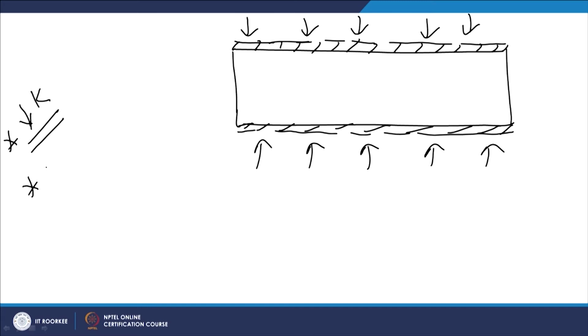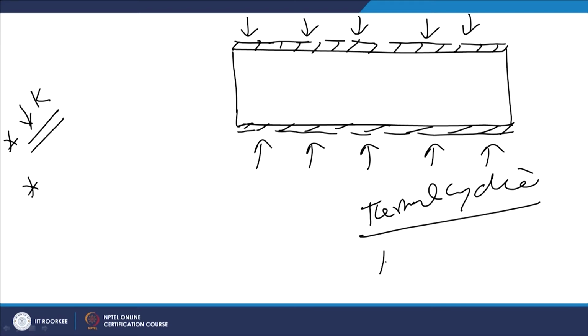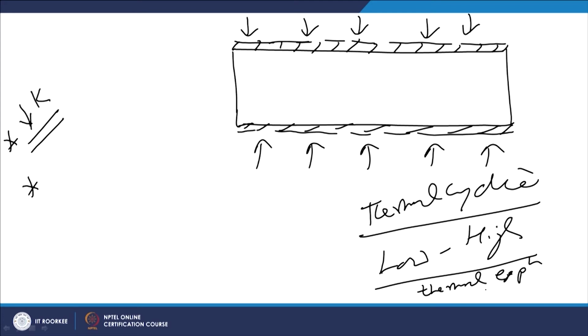So, whenever there is shutdown, there will be reduction in temperature. This kind of components will be exposed to temperature variation during the service. The thermal cyclic conditions, meaning the low temperature to high temperature variation, will lead to the thermal expansion and contraction of such components. Thermal expansion when it is heated and contraction when it is cooled.